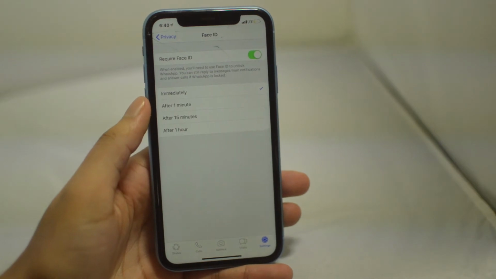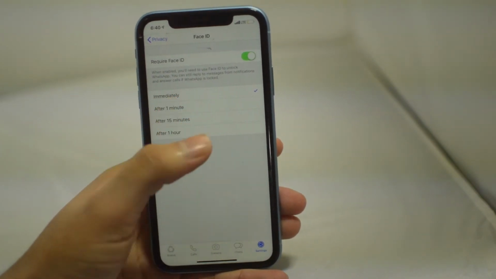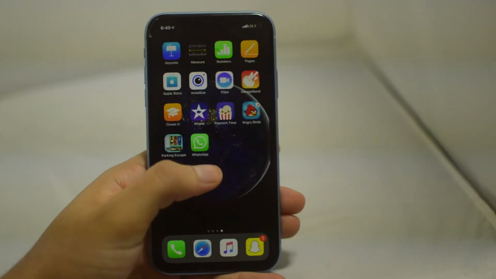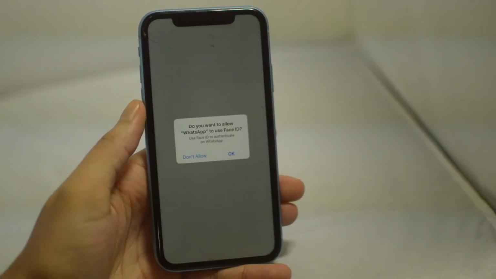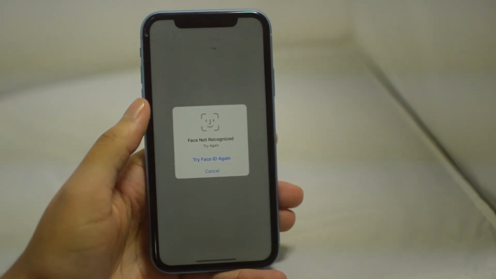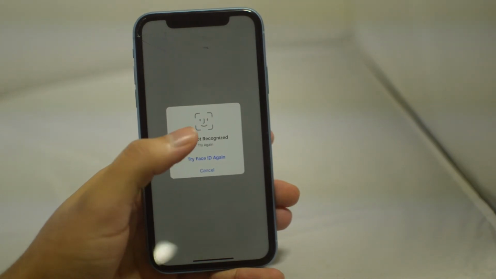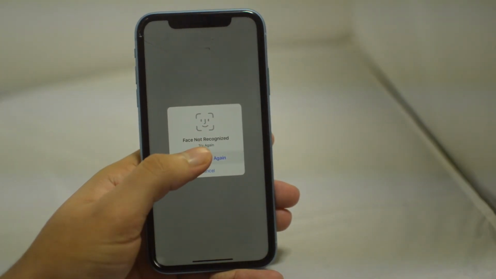So all you want to do now is go ahead and choose your preference. If you want it to do it immediately, after 1 minute, after 15 minutes, however long you need to, you can do that. Just close the app, go back, open it up, and then you can see it will ask for Face ID. So again, this was a quick yet simple tutorial for how to use Face ID on WhatsApp,